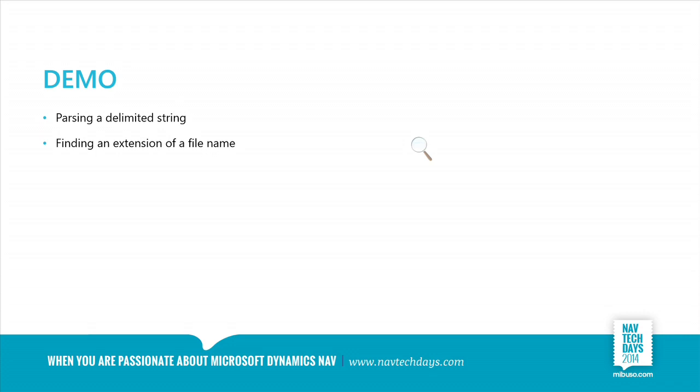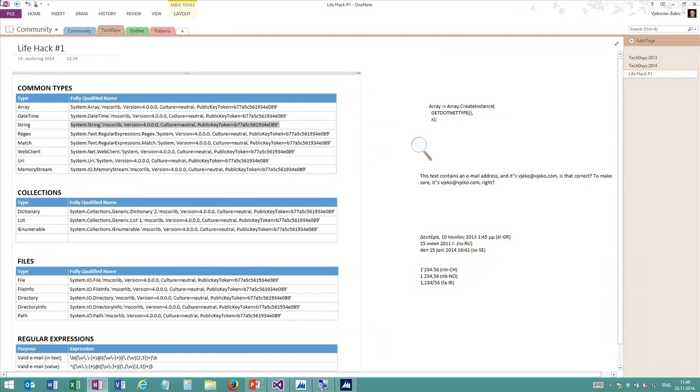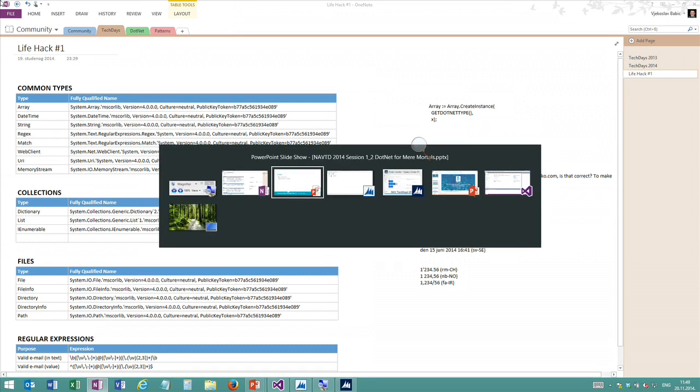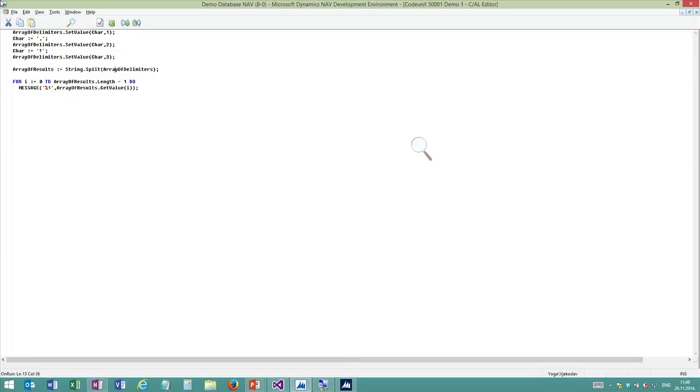Another thing that we could do, for example, is find an extension of a file name. So imagine, has anybody ever had to find an extension of a file name? Okay, good. So how did you do that? You probably looked for the dot and then tried to find the last one, and then everything that remains is the extension. So in C/AL, we can